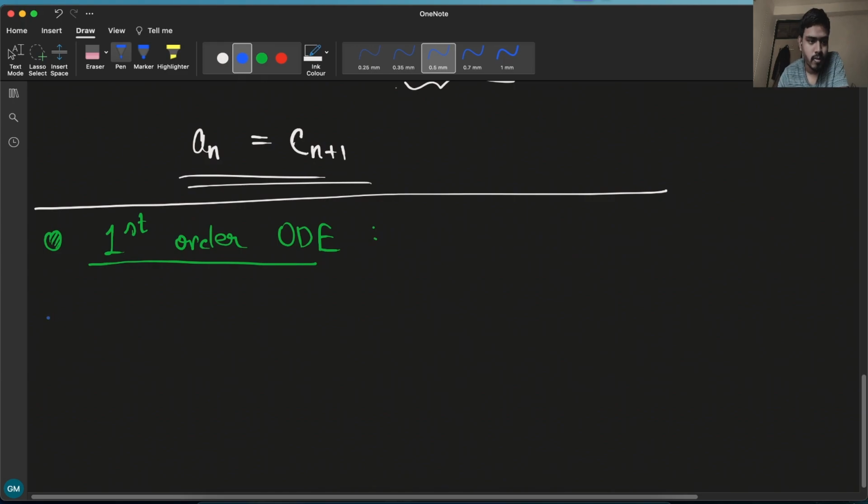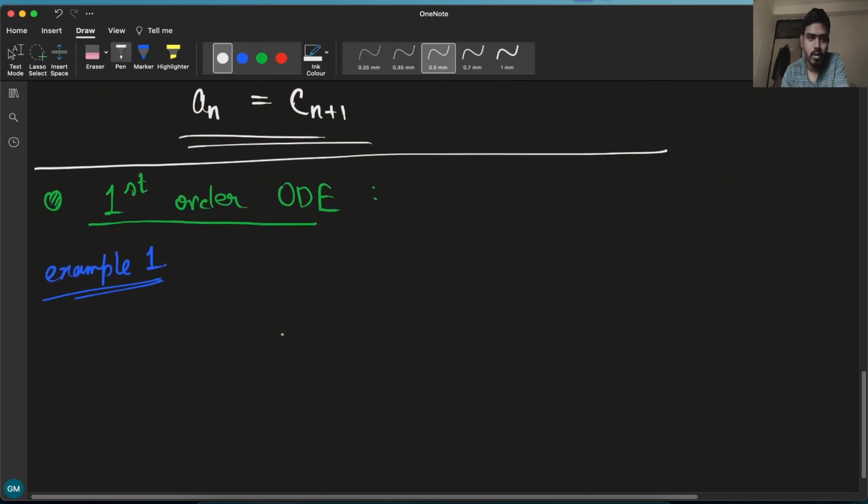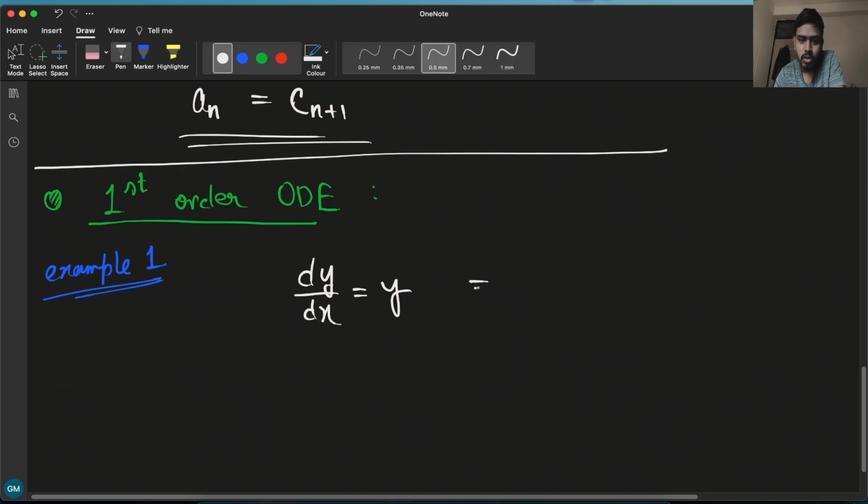So let's take example 1. Let's take a very simple first order differential equation, that is dy/dx equals y. So we all know what the solution is. We can write it as dy/y equals dx, and I can do the integration